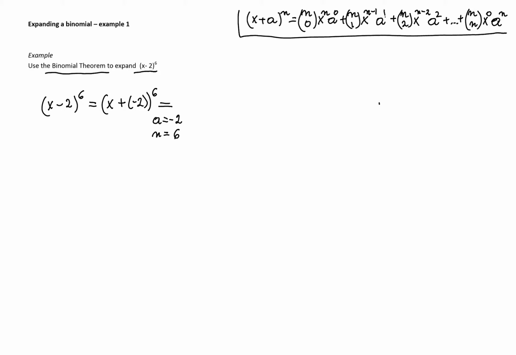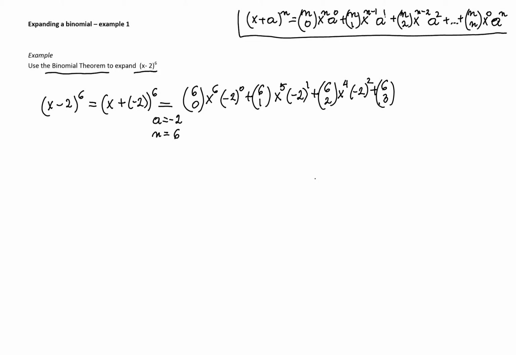So the first term is the exponent 6 choose 0, and then we'll take x to the power 6 and a to the power 0. Then we'll increase the number on the bottom in the binomial coefficient by 1. We'll decrease the exponent of x by 1 and increase the power of negative 2. And we'll continue. We'll have 6 choose 2, x to the fourth, negative 2 to the second, plus 6 choose